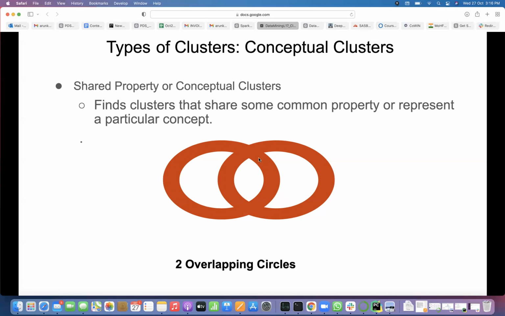This may be something like if we do clustering between first year students and second year students, some of the characteristics may be the same for them, but on the whole, second year students may become one cluster, first year students may become one cluster. This part may be common for both. You can also see some of the points belong to both clusters. So it finds clusters that share a common property, something like coding. Maybe a first year student is very good at coding, a second year student is also good. So if this is based on coding, then they belong to both clusters.